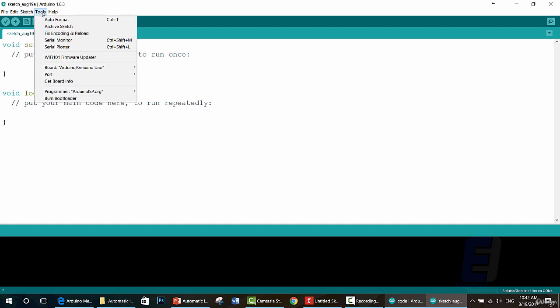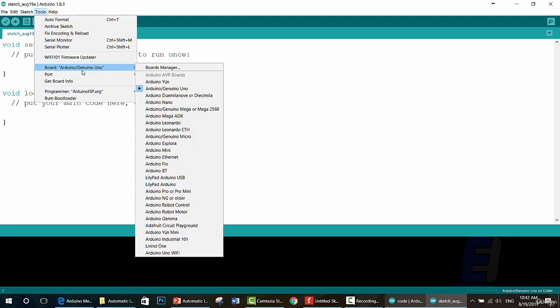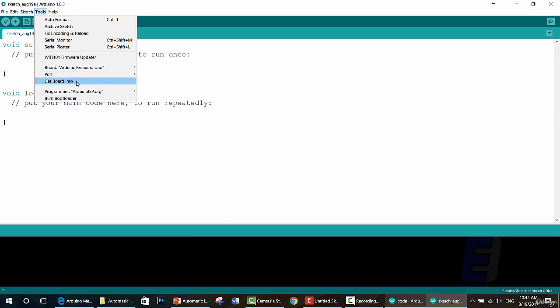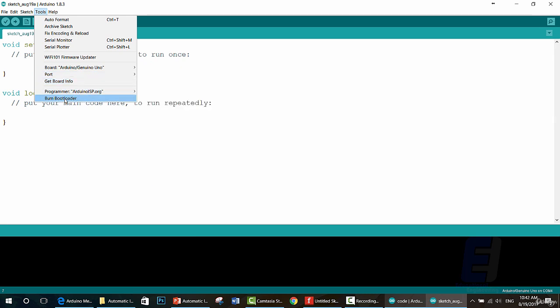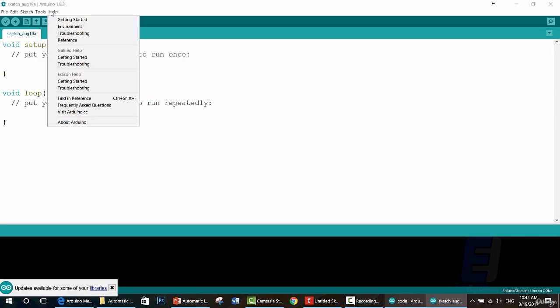The tools menu is used to choose the board, get the board info, choose the programmer, burn a bootloader, which is an advanced topic in Arduino, open the serial monitor or serial plotter, fix the encoding of the code, or auto format it. Help is where you can find